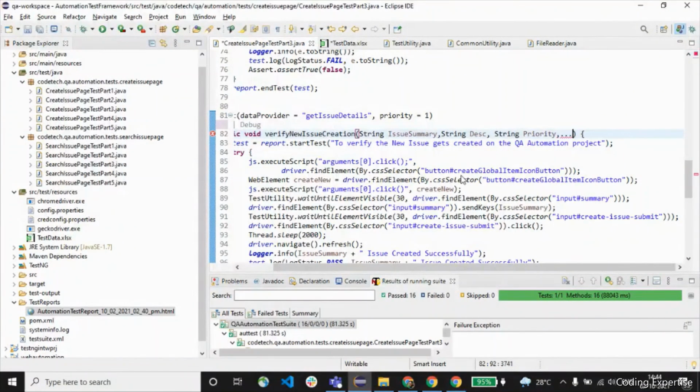So in the next session, we are going to see how to avoid specifying n number of parameters here, and we should have only one parameter. That parameter should act as a dynamic value to fetch the Excel columns dynamically. So we'll see that in the next session. That is going to be an interesting thing.